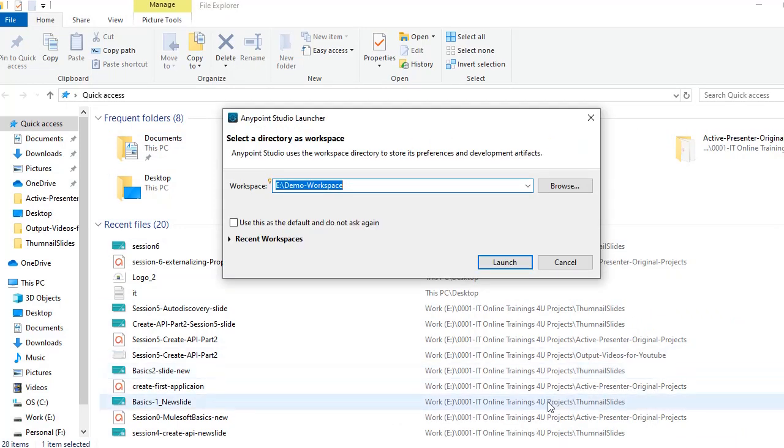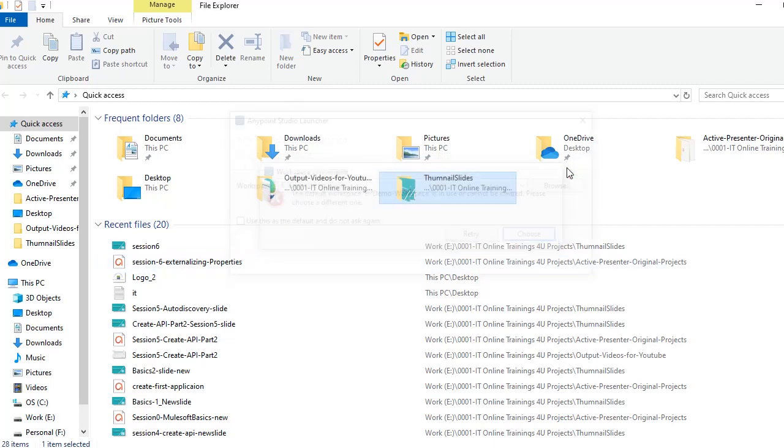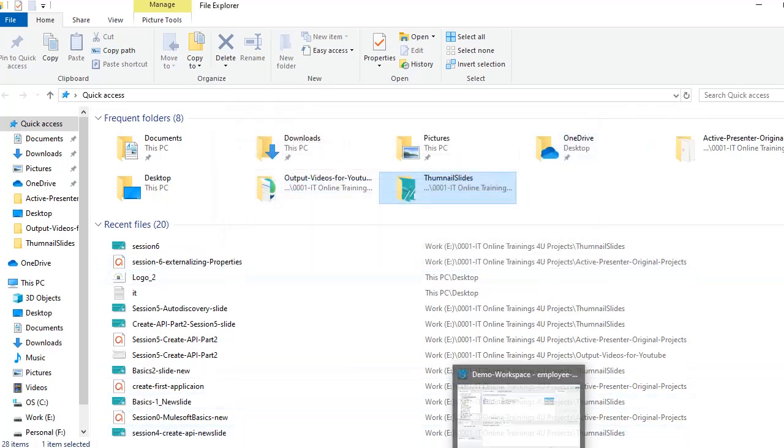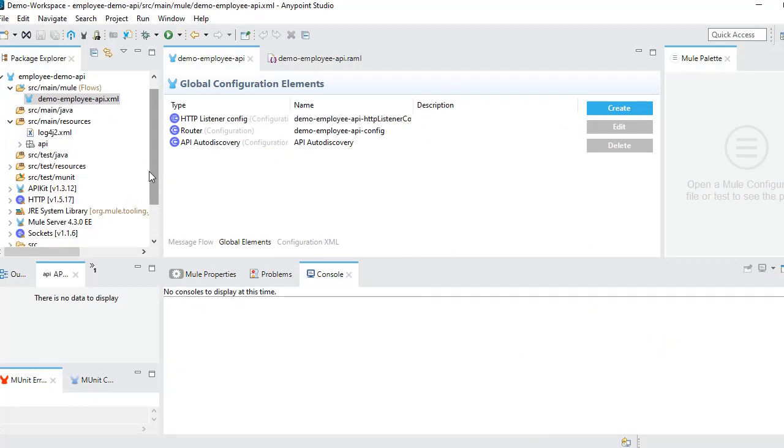Today we are going to discuss how to send properties for your MuleSoft application as dynamic properties by using a properties file. Basically, we are externalizing all the properties in our application instead of hard coding them. Okay, let's see.